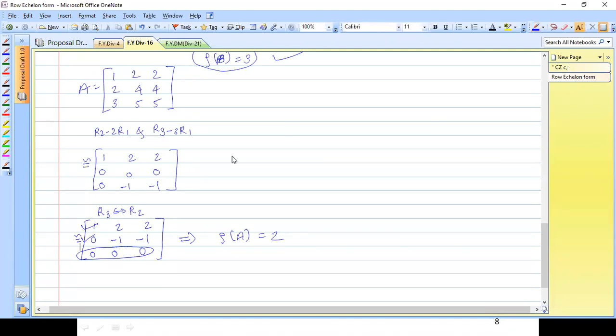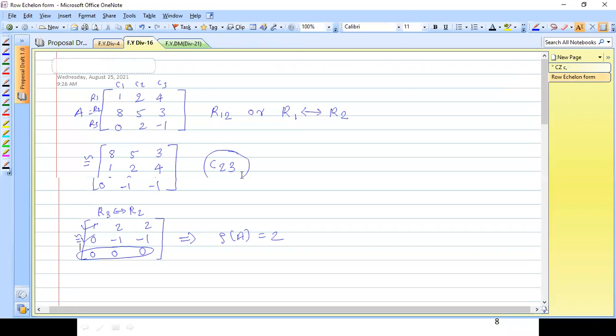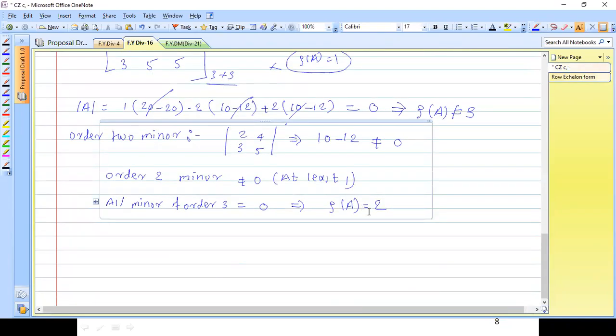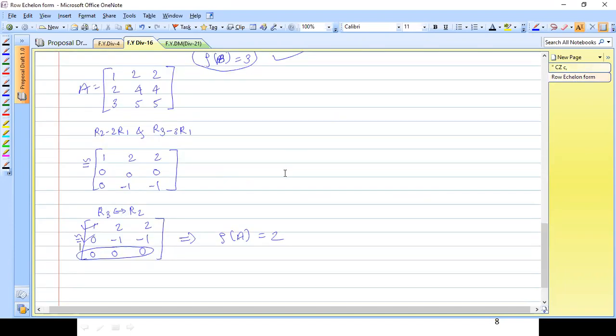And what about using our definition? What is our rank? In the previous one, the number of non-zero, it's also 2. See. So the definition and echelon form will work on the same path. Got it, everyone? Yes, sir. Clear? Any doubts, anyone? No, sir. Okay. Now,